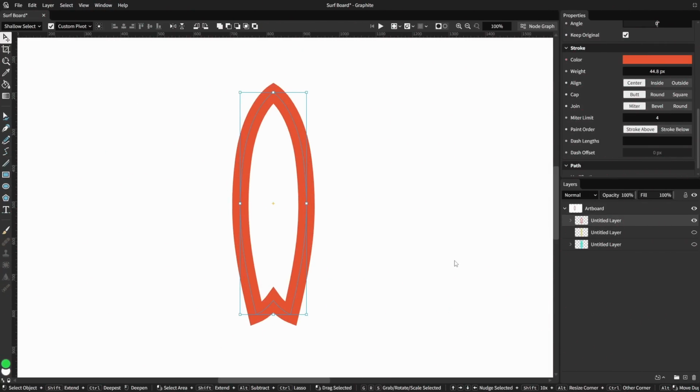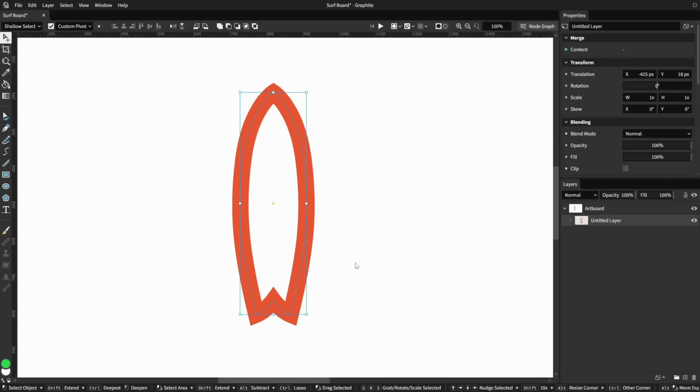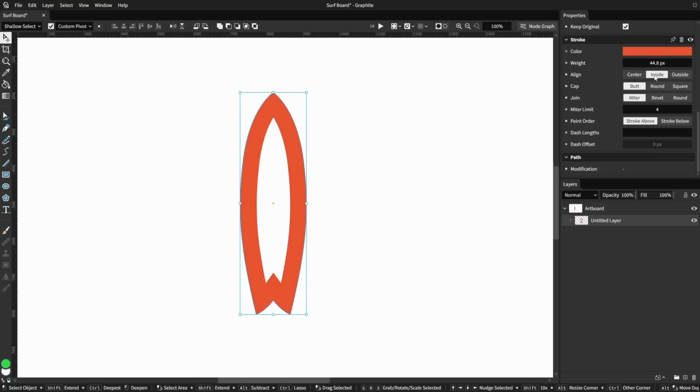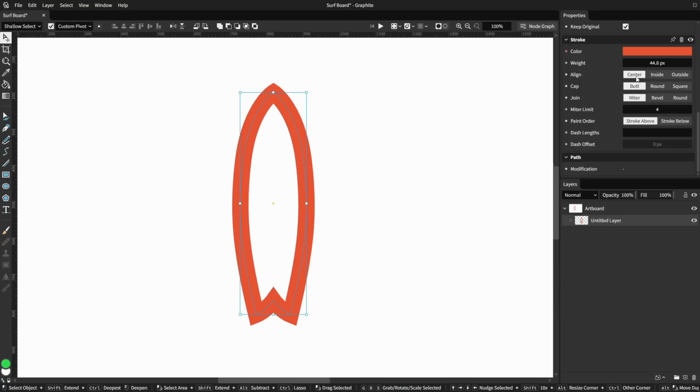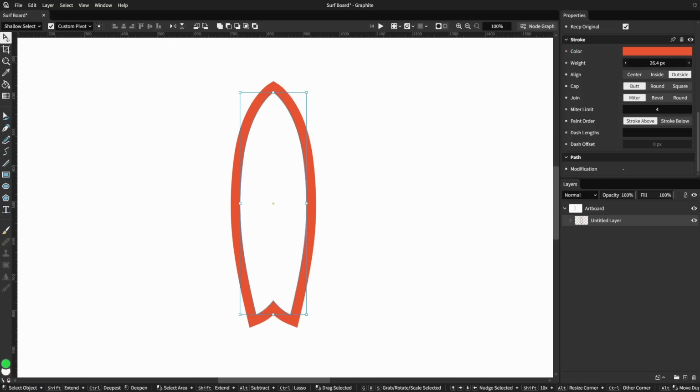Moving along again, but reusing that surfboard, let's actually hide these other two layers or get rid of them entirely. And we're just going to work on the outline. What if we want that outline to not go outside and inside? We just want it to go outside or only inside. Well, we now have this new stroke alignment, and that allows us to say that the stroke should be only inside or only outside, or we can go back to the default of being aligned to the center. Now, as I change this value, we can go in, or we can go out, and have it only showing